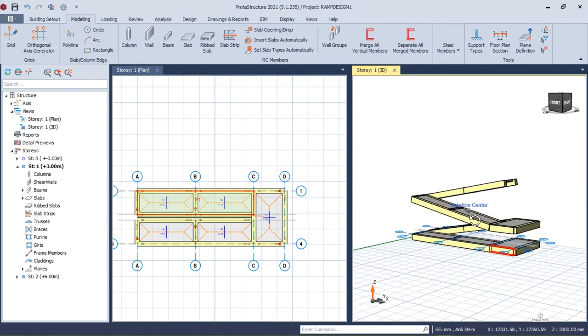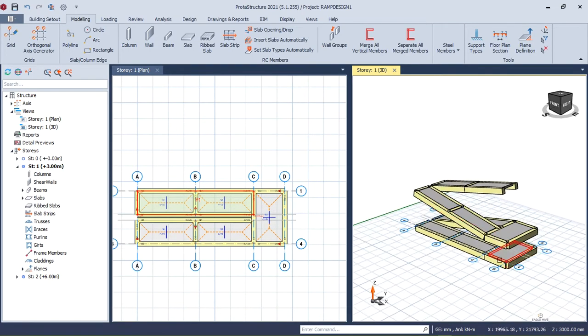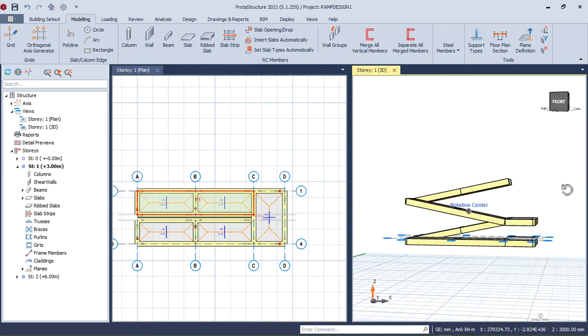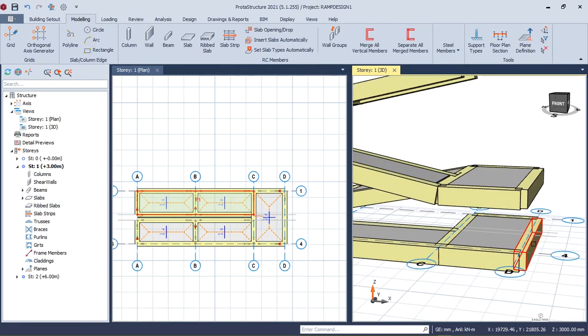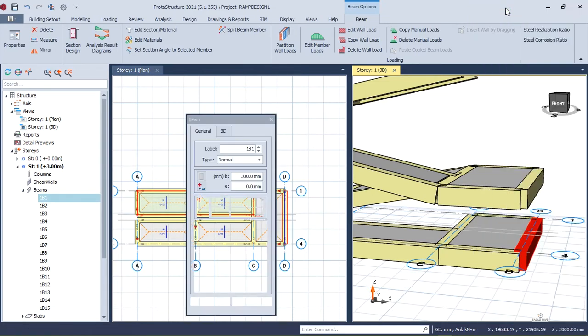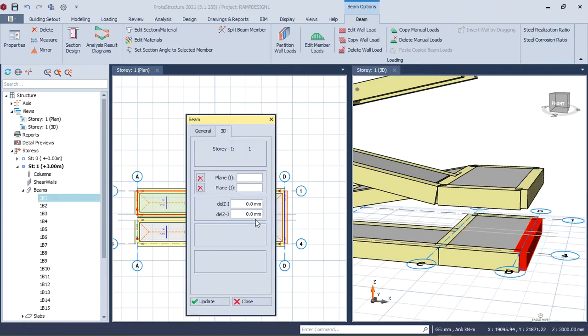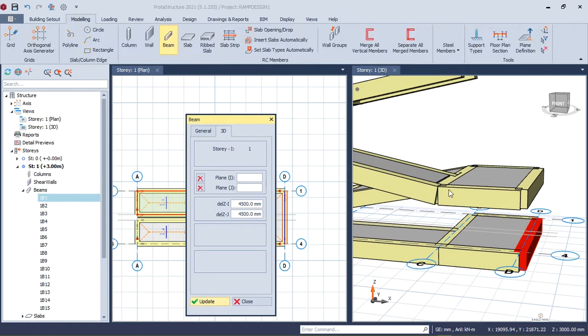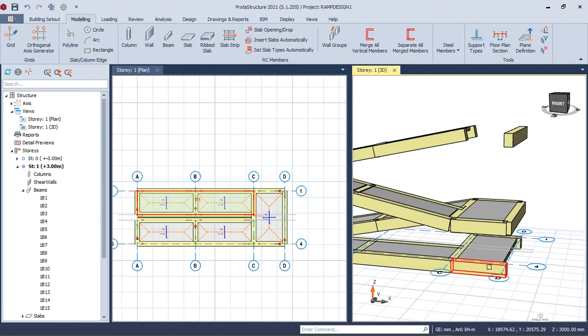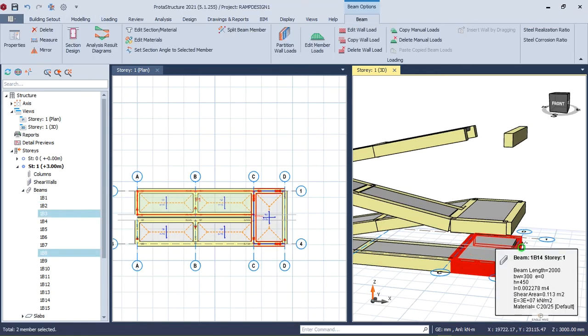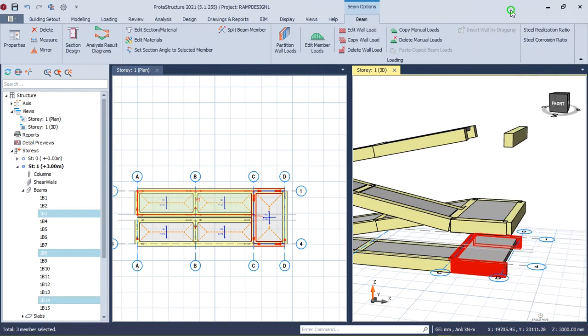So these ones, I'm going to offset this one to this level. It's going to be offset by 4500. Okay, so just click on it, right click, properties, go to 3D, specify 4500 by 4500 and update, and there we have it. Okay, so the same for these other ones. Click and just hit escape, click on that one and that one and then that one, right click, properties,